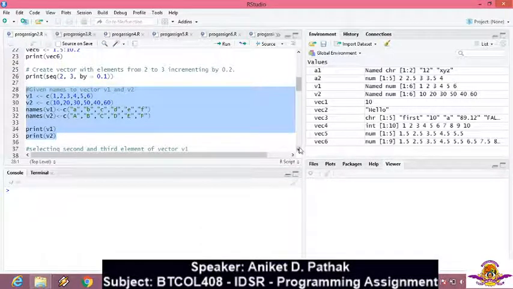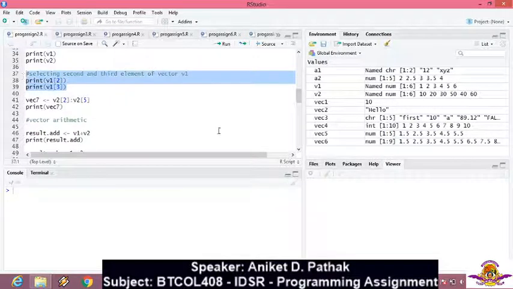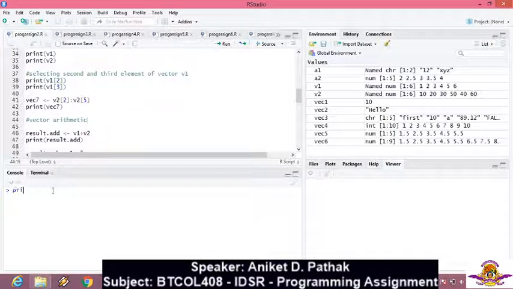Okay. Now after giving the naming part, let's observe how we select a particular element from a vector. So it's similar to the indices part. That is, if you want a single element, then go for the second value of vector 1. If you want a second position value of vector 1, then we will get it. If you want second, third value of vector 2, then we will get it. So before that, let me execute print v1. That will give me my entire vector.